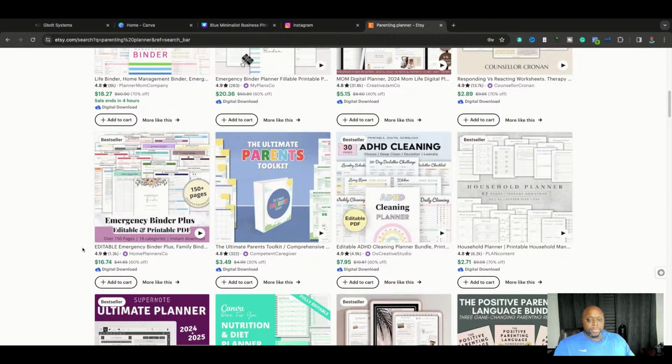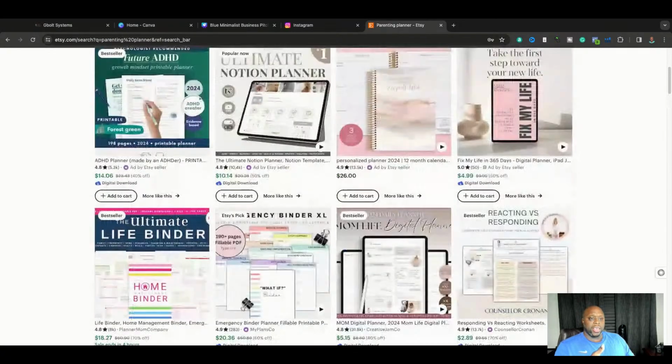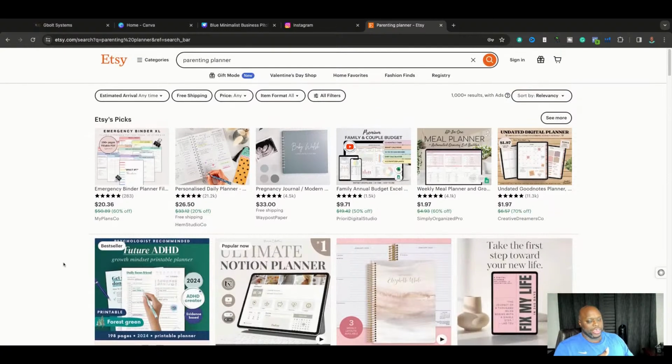But I recommend that you guys do not sell stuff on Etsy. The reason why I don't like Etsy is that data is almost more important than money. That sounds crazy, but having the customer's contact information allows you to make much more money over the long term. Whereas if you're only selling on Etsy, it's much more of a challenge to get access to the customer information, their email and their name. So there's all sorts of problems with Etsy. I don't want to get into it, but I recommend